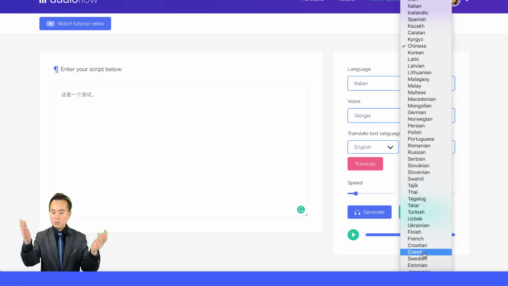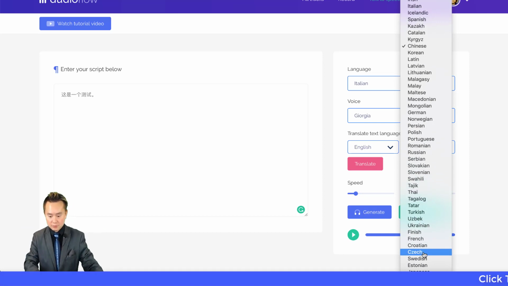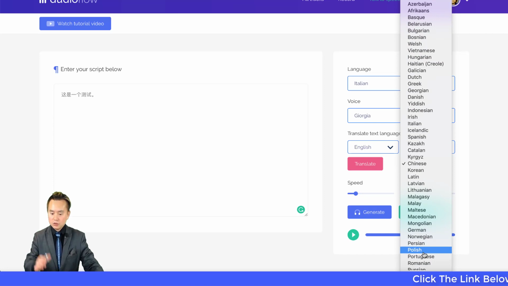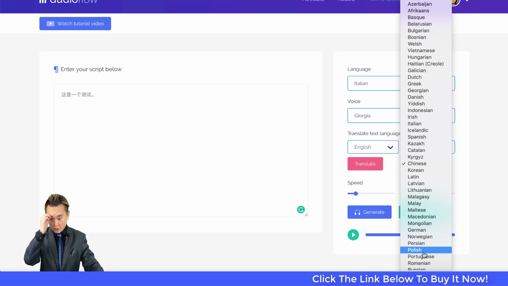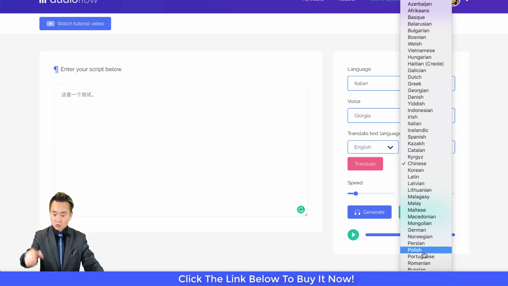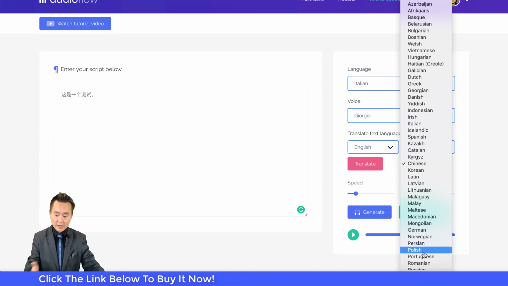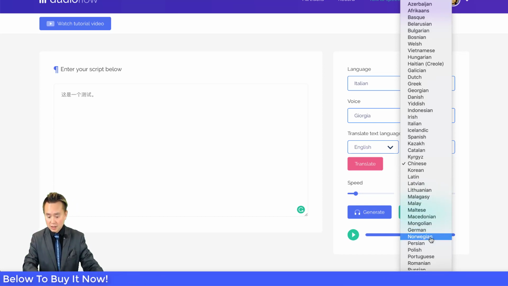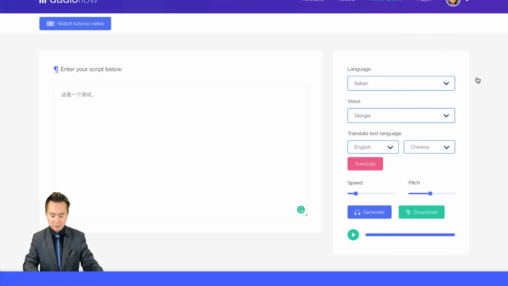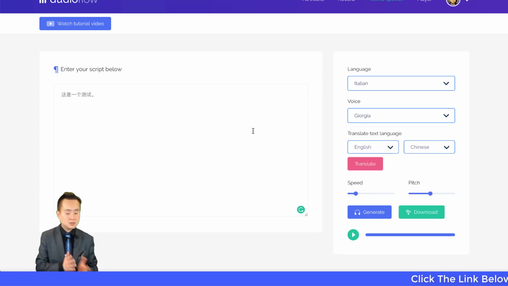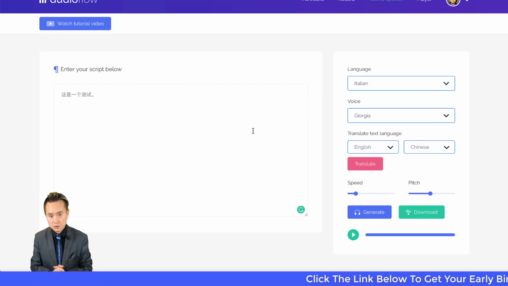I don't know how many countries there are. It looks like hundreds of them in here, but I wish they had software in the back end that could sort this alphabetically, so people can find a country very easily. But it's not, because you know, the C's are here, K's there. It's not in alphabetical order, so it's really, really hard. But as far as features go, as text-to-text translation, as I just showed you, this is pretty accurate.